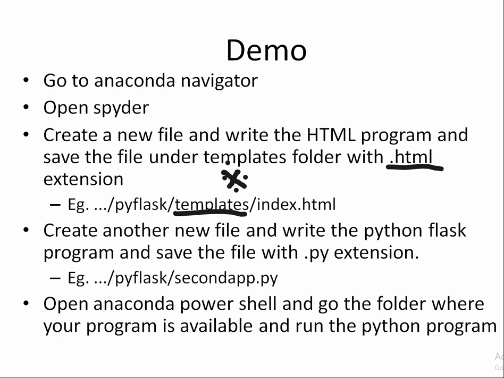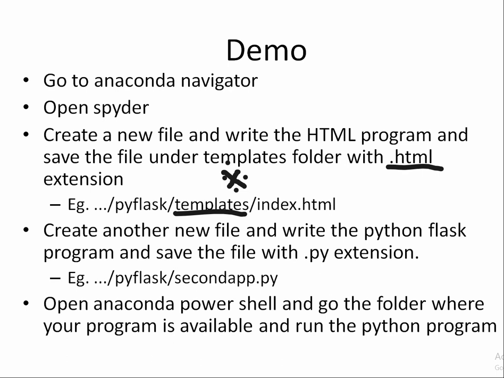So next we are going to create the Python Flask file, a Python file which is based on Flask, and here the extension is .py, and this should be placed in this folder itself, that is the PyFlask folder itself. You can give any name for this folder, but the templates folder should be named templates. You cannot create any other name, right? So this should be the same, but this folder can be given any name as per your wish, right?